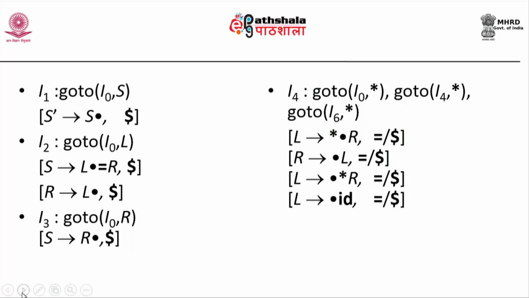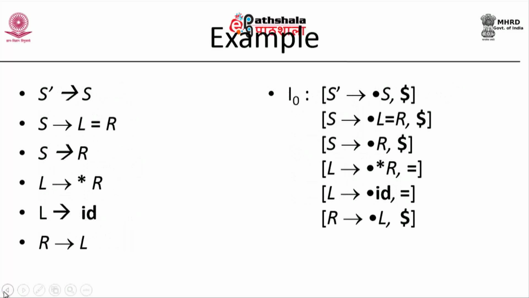So this is what we are looking at as the SLR parser. But what is the algorithm for LR of one items construction? Algorithm is the same. Start with this item. S dash produces dot S, comma dollar. Here B is S and beta is epsilon, so A is dollar. I have to look at first of beta A, so it is nothing but dollar. Add the productions of S with the first of beta A, which is dollar.